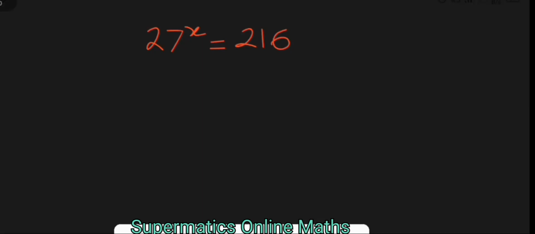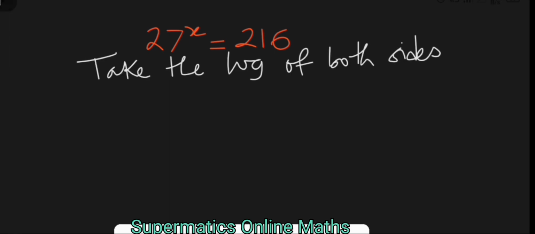Hello viewers, in today's math tutorial we want to solve this exponential equation: 27 raised to power x equals 216. So first we are going to take the logarithm of both sides. This is going to leave us with the logarithm of 27 to power x equals the logarithm of